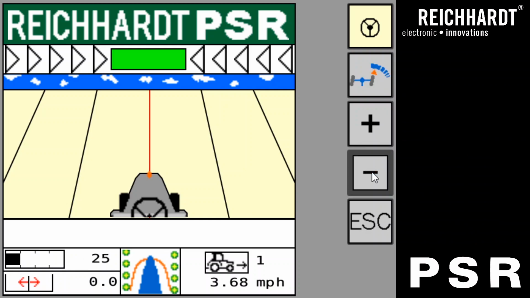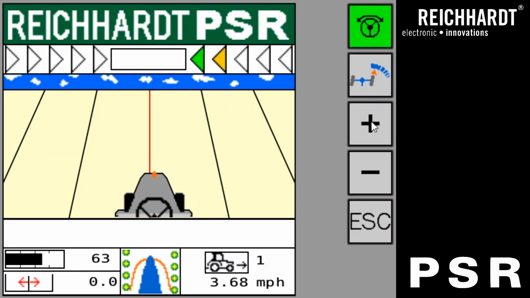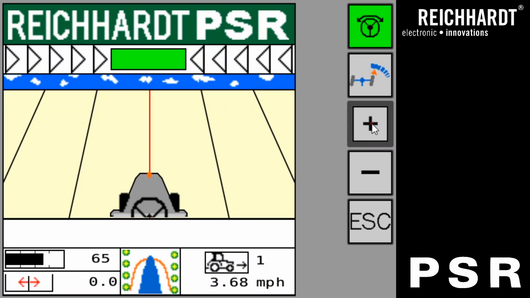The higher the sensitivity or reaction, the more the wheels are allowed to turn, as well as the more response our system will have to any deviation in the TAC sensor input. To set the value, you just hit the flashing icon, and you can do this while the auto steer is engaged as well. So you just engage, see how it's steering in the field. Oh, it's a little bit lazy, for example. You can hit the plus button and just increase the reaction until you find a sweet spot,